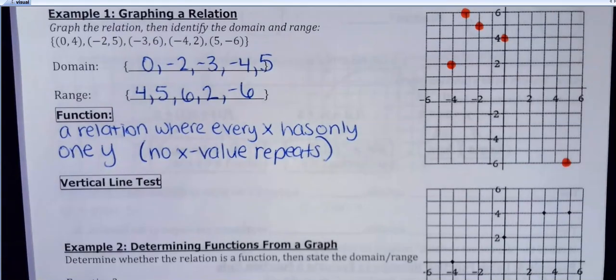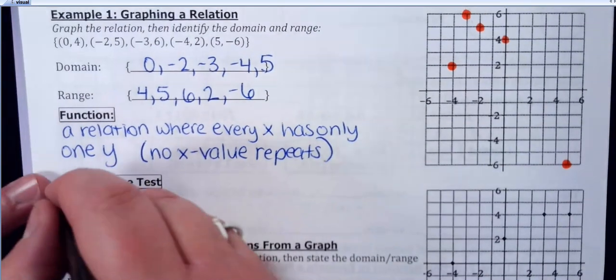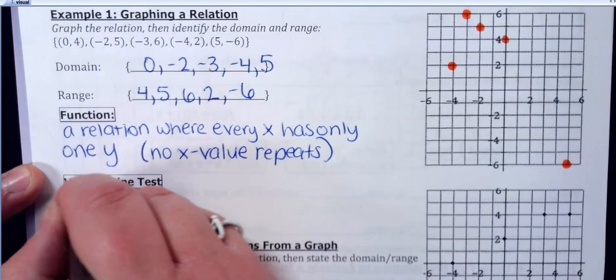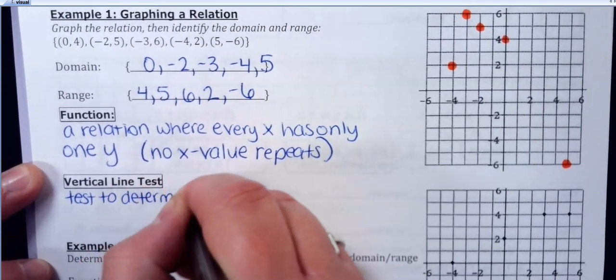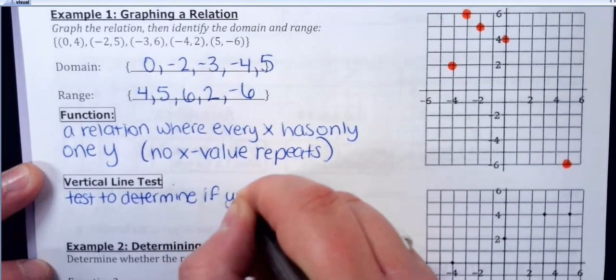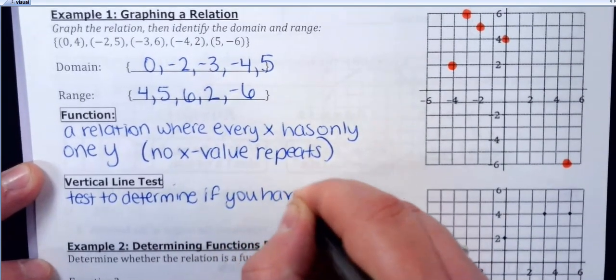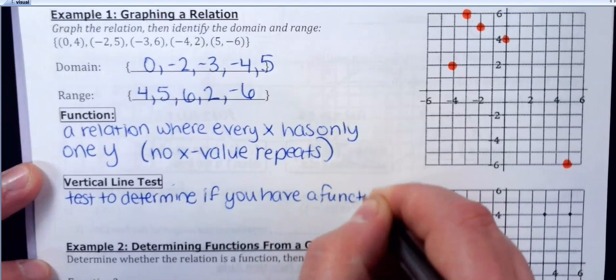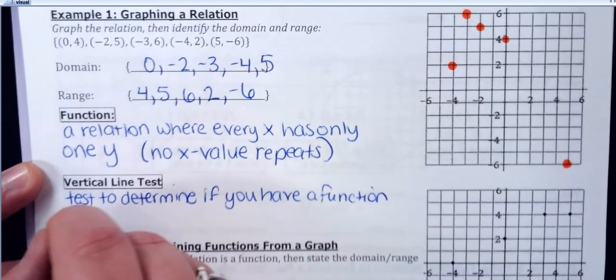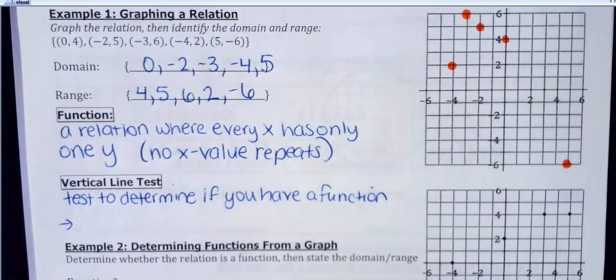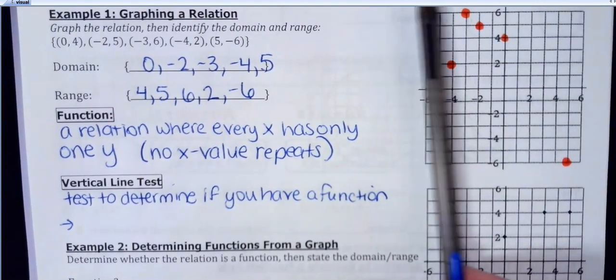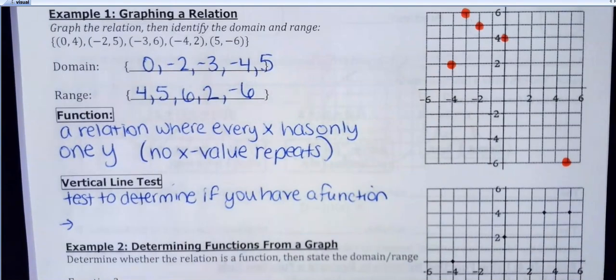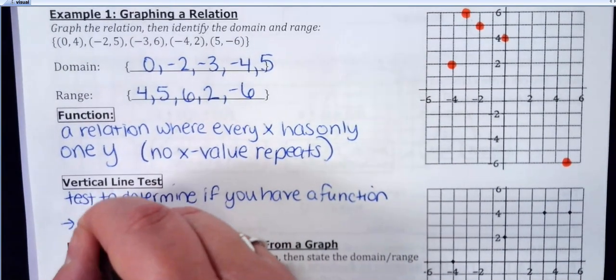Exactly, perfect. Okay, so vertical line test, this is a test to determine if you have a function. To perform the test, like I said, sometimes people will call it a pencil test. I just will slide my pen or pencil across the graph. Any vertical line can only touch one point. So any vertical line